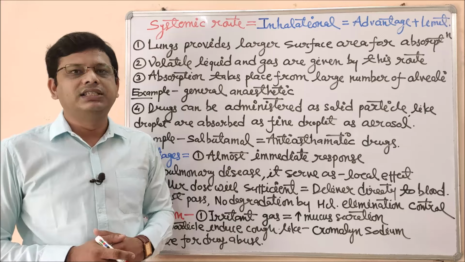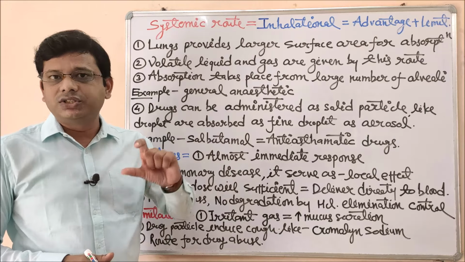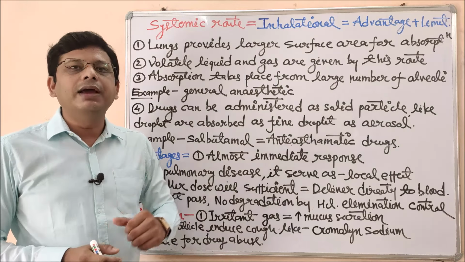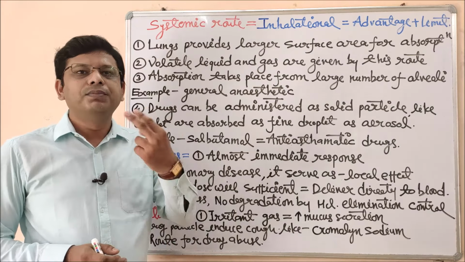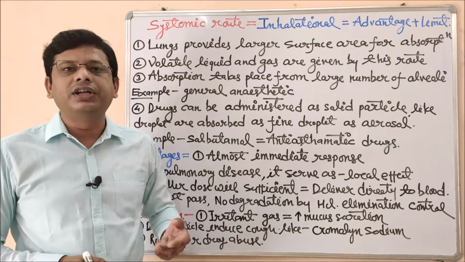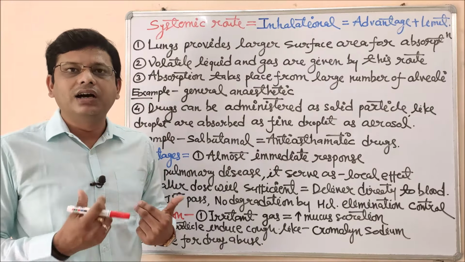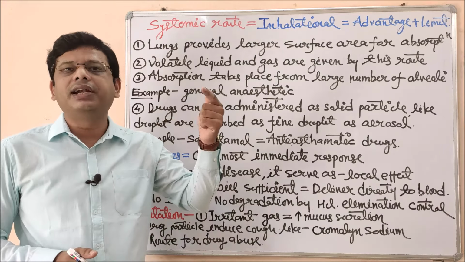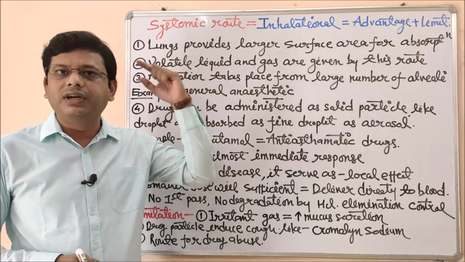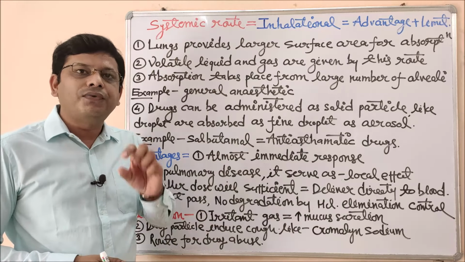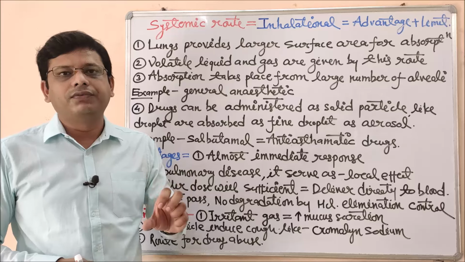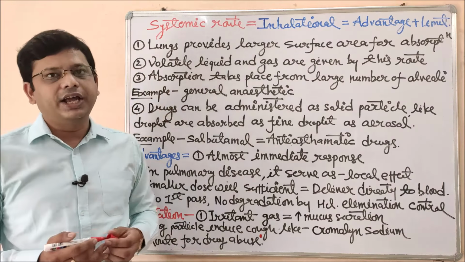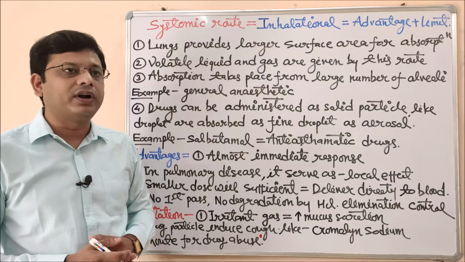Let me give you another example. Whenever any person smokes, this is not a correct example and I am not forcing you to do this, but if any person smokes a cigarette, the smoke containing nicotine reaches directly to the lungs, and from the lungs it goes to the systemic circulation. Immediately he or she feels different kinds of activity in the mind. So this is the faster effect through the lungs, an important parameter.